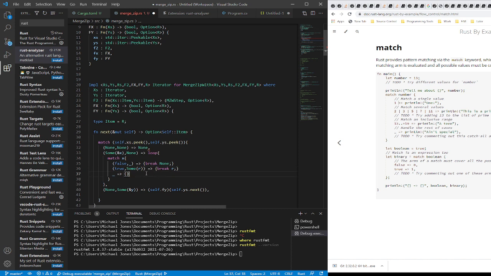So using match in this case as a statement rather than a value, we're going to send back out of this loop a none if we get false for an early stop. If we get true and it's some r, then we just immediately return that. But what we could get is something where it's true and nothing. And in that case, what we want to do is do nothing, because then we'll go back through this loop and eventually we will exhaust the iterator, except